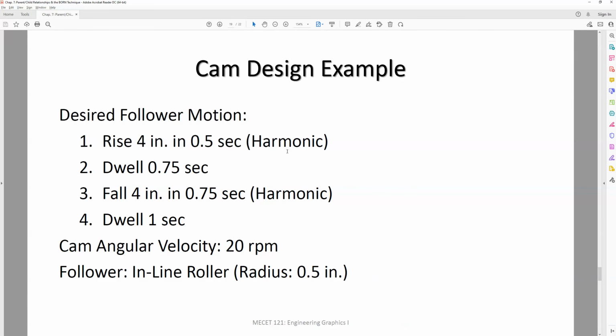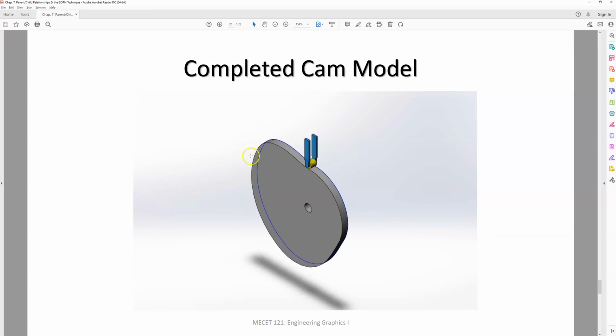And just getting a little bit on the tangent here of what you would see in the kinematic sense, this would be the type of inputs you would have to this problem, where you'd have a follower. Those had some prescribed motion you were trying to achieve, an angular velocity at which you wanted to spin the cam, some information about the type of the cam, and you would basically use it to build these cam systems. And just to show an example of what this looks like on screen,